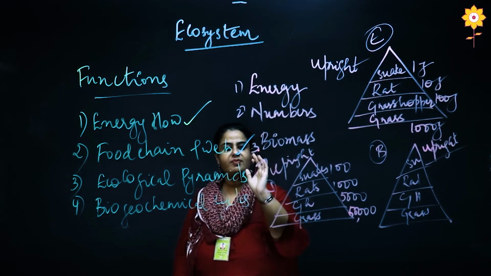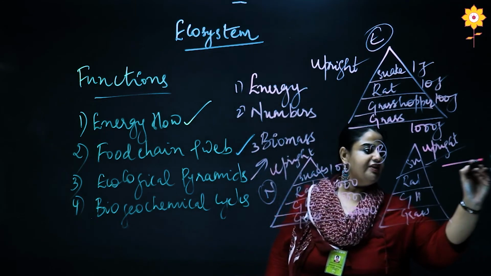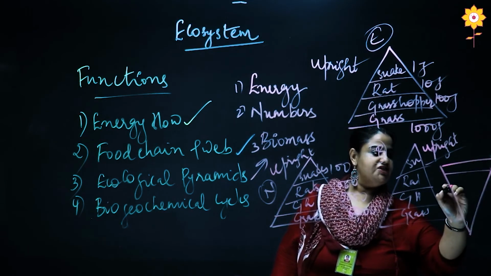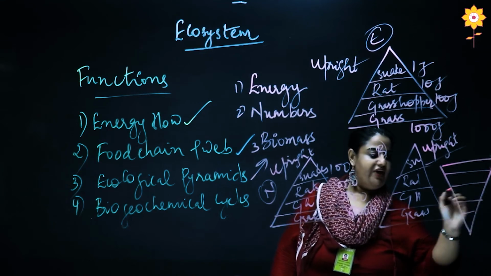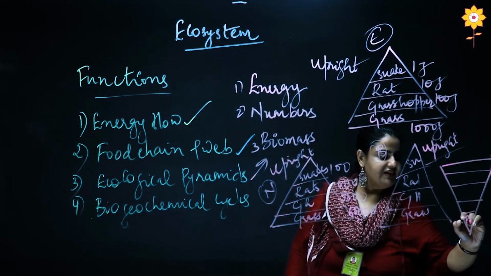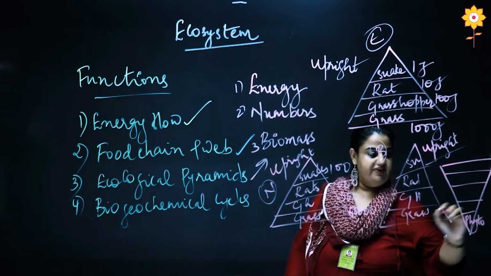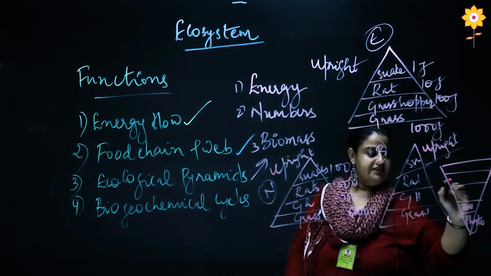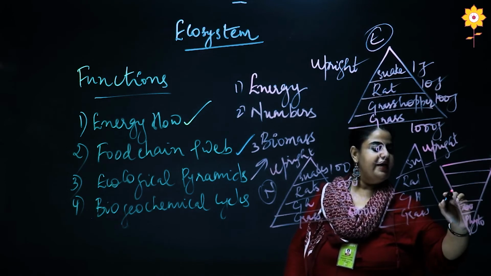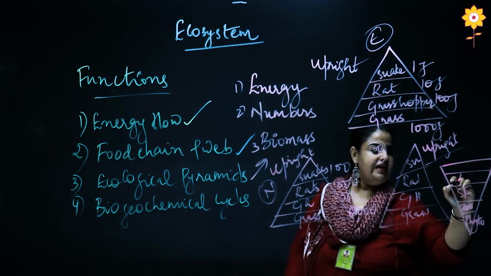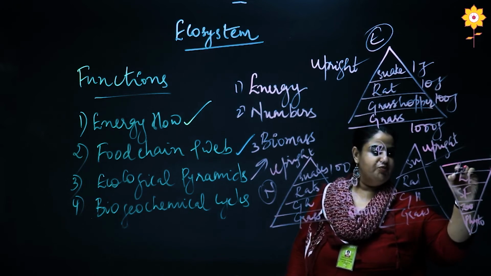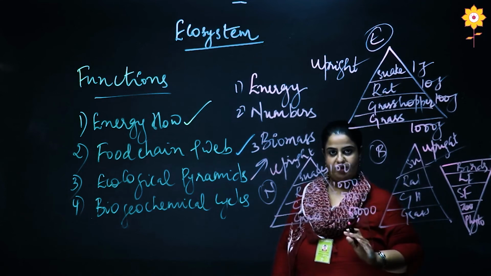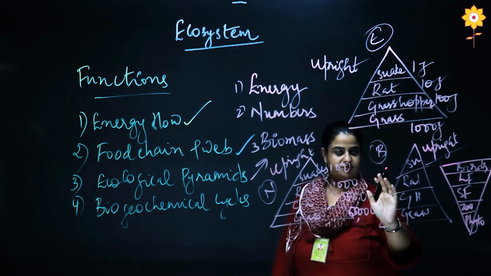Now what do you mean by inverted pyramid? Usually the pyramid is drawn straight. In inverted pyramid, the pyramid is drawn in the opposite way, where the plants or the phytoplanktons are at the lowest level, then the zooplanktons or the small animals which feed on the water plants, then the small fishes, then the large fishes and the large birds. Higher we go, higher is what we call as the biomass. I hope the concept is clear.